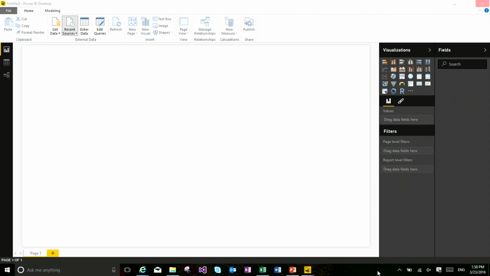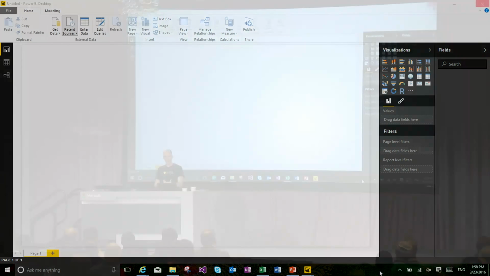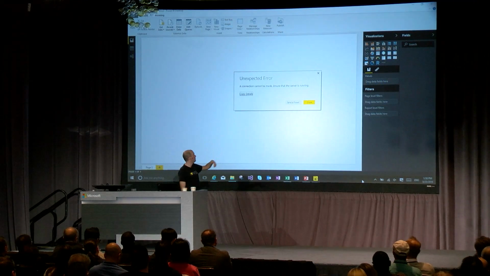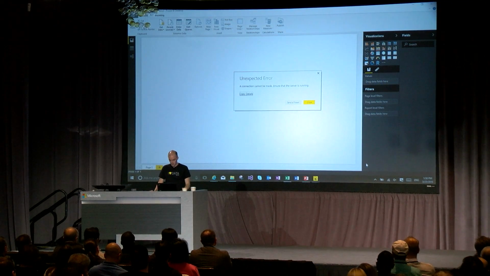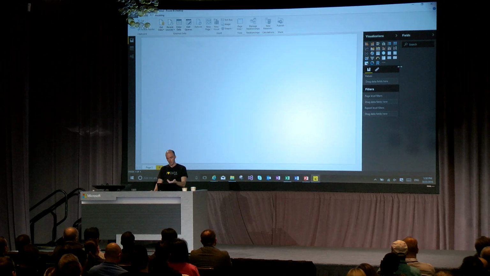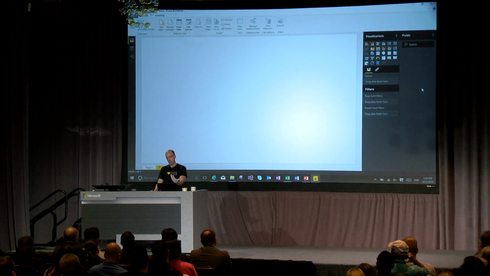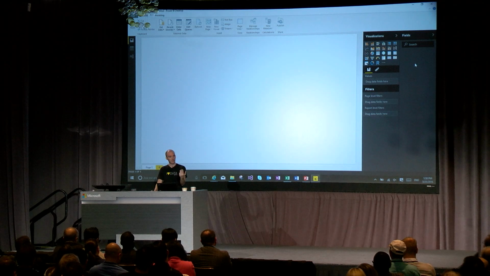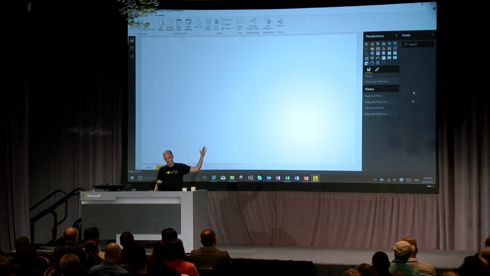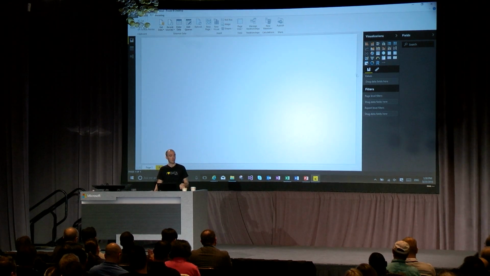But basically, what I wanted to show you is how, in this case, I could go through the navigator dialog and select the specific cube that I wanted to connect to. And then I would land here in the report view. See, there's no connectivity. I would land here in the report view, and I would have all of my data model artifacts, all of my cube artifacts, including dimensions, measures, hierarchies, KPIs, and so on,